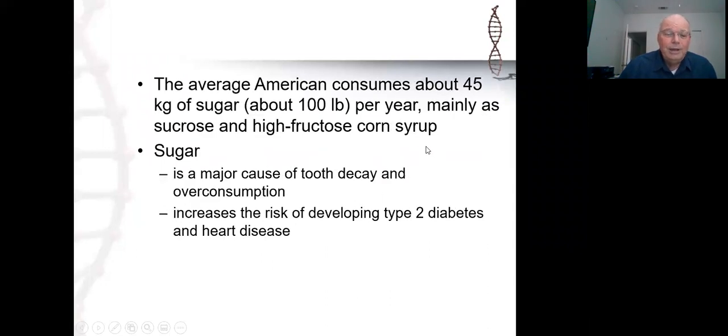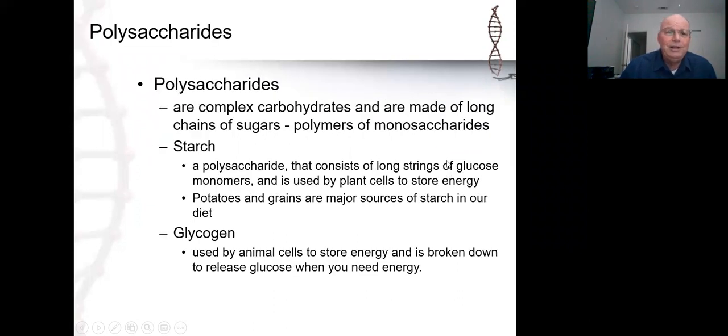So we talked a little bit about sugar consumption early on. I'm not going to rehash this. We've already covered that. So the last type of polymer are the polysaccharides. These are the really long chains of monosaccharides. There are three of interest to us. Starch and glycogen basically serve the same purpose in the organisms where you find them. So starch is found in plants